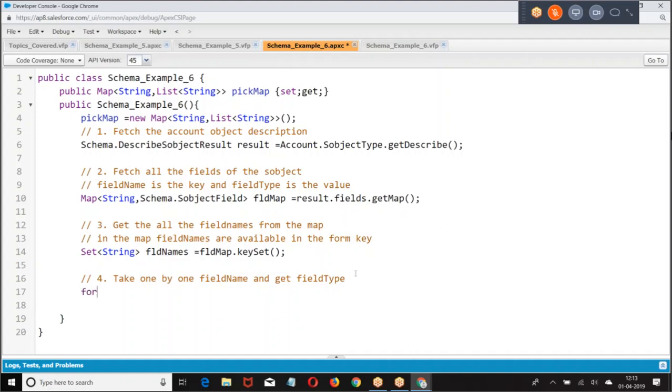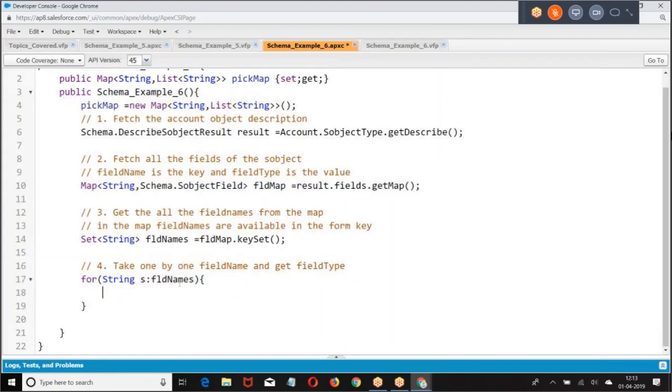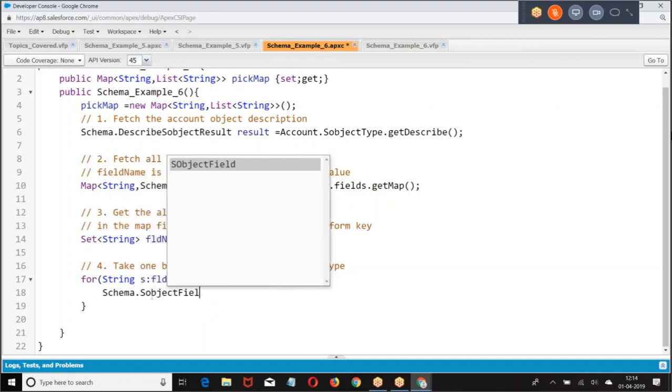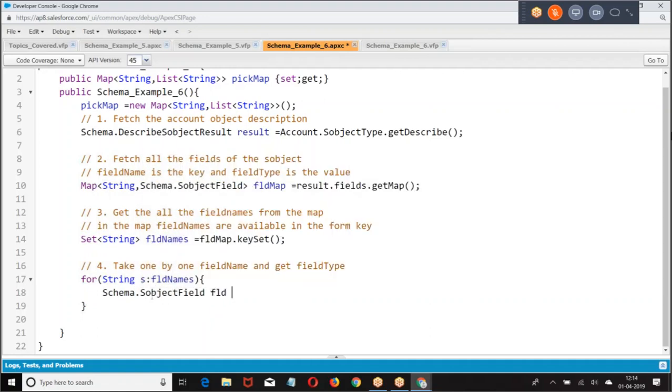Then what are we doing for string field names? Now how do you get the type? Schema dot s object field equal to field map dot get of field name.